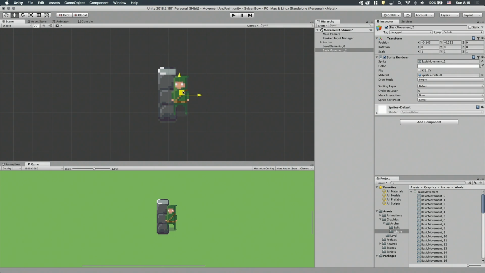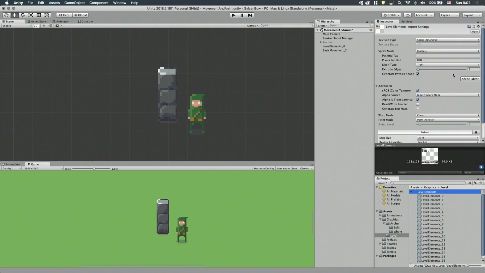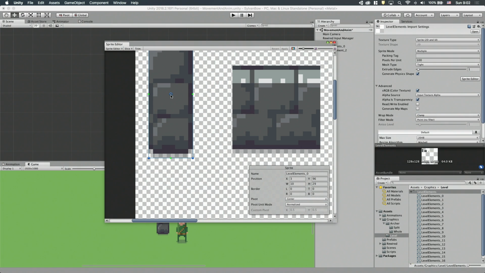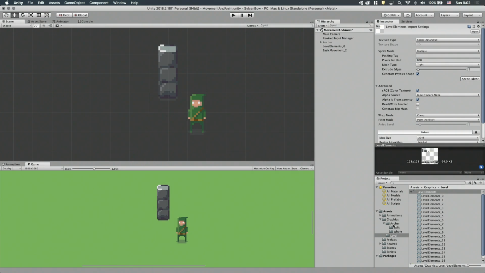We need to somehow tell Unity to sort them based on where the objects touch the ground. We can do this multiple ways. The first one is that we can change the sprite's sprite sort point parameter from center to pivot, so Unity uses the pivot point defined in the sprite editor to sort them. Then we can define a custom pivot point for each of the sprites in the sprite editor. Let's move the pillar's pivot to the middle point where our pillar would touch the ground if it was a 3D object. Hit apply and do the same for the archer as well.